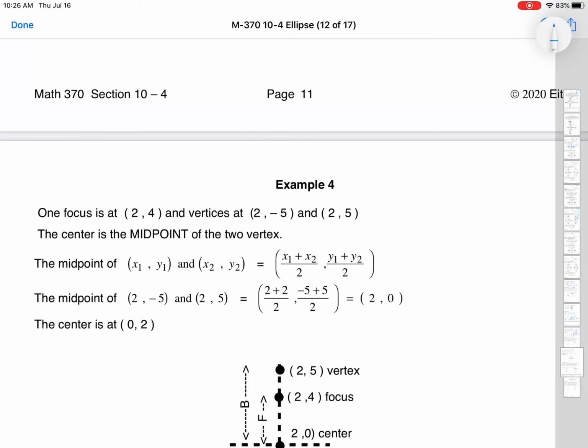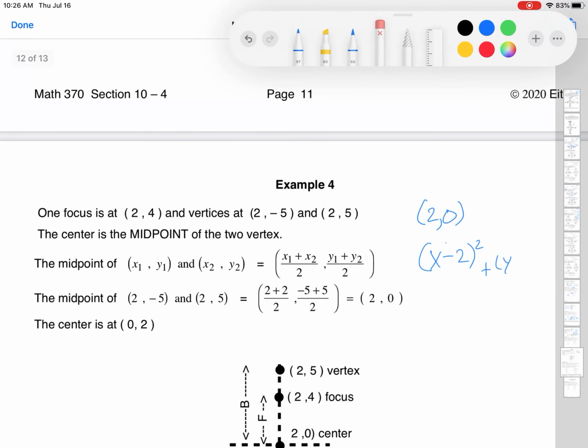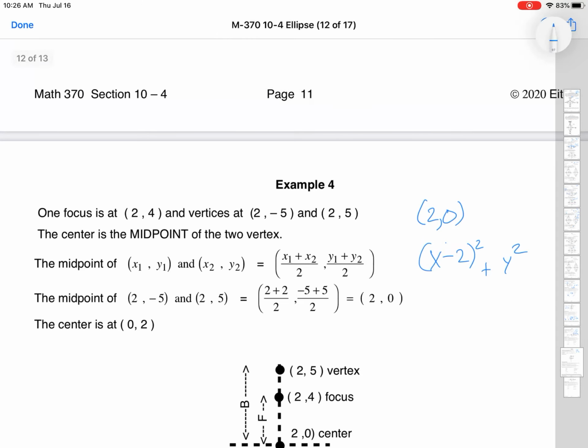So the vertices, if you look at their midpoints, the midpoint has to be the center, and the center then is at 2, 0. If you look at 2 plus 2 divided by 2, we get 2. And then right in the middle between negative 5 and 5 is 0. We know that everything is happening in the y direction. And so we know it's x minus 2 squared, right? Because it's a negative 2 plus, it's a positive 2, so it's going to be a negative coming out of there. Y plus 0, so I don't even need to do anything more than just do a y squared